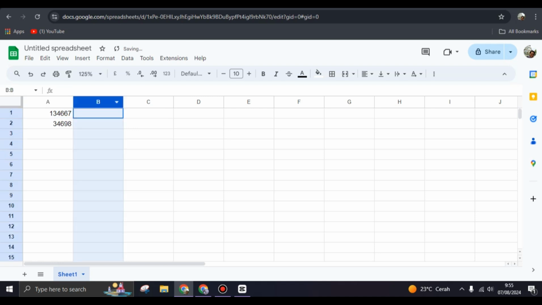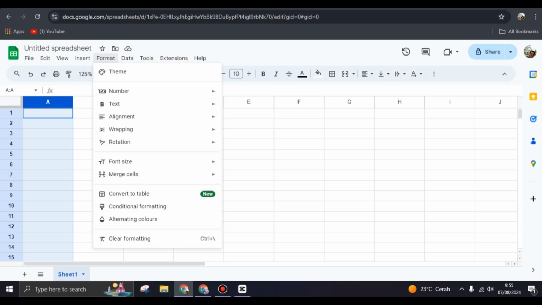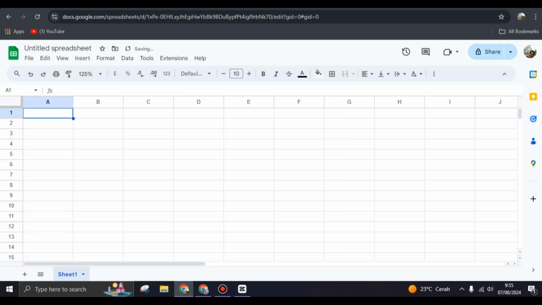So what you need to do, there are two ways that you can do. The first one is you can just click on the cells that you want to add the numbers, and then go to format in here, find number, and then you can see the current format is automatic, and you can change it into plain text. And let's try to add the numbers again. Okay, so after you change the format, you can see the zero is still here as the leading